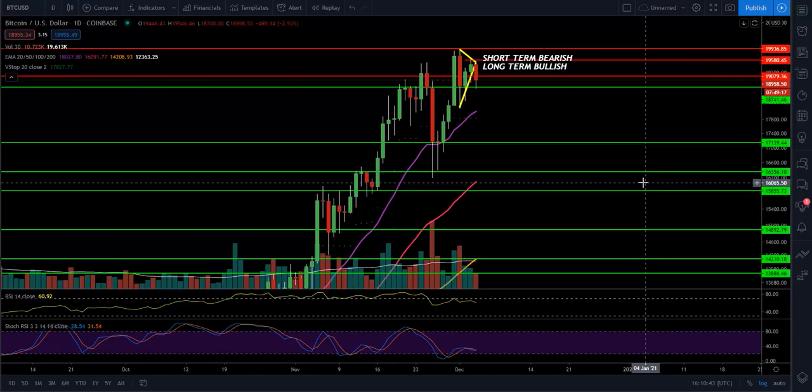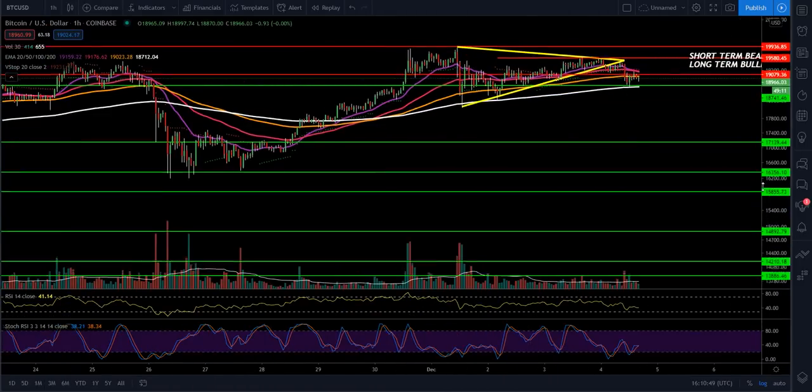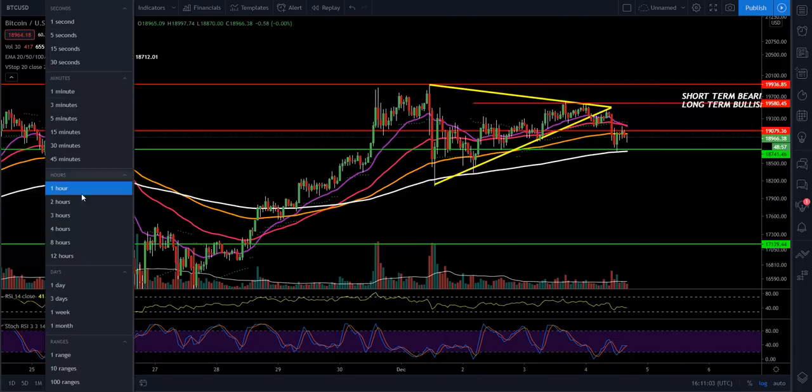So I would say short term, a little bit more bearish. We could be having this selling off pressure throughout the day today, if we take a look at this. So just be aware of that. If you're a longer term investor, not financial advice, you want to stay in your positions and continue to ride this. If you're a shorter term trader, you can see now that the trend, even as we work down through this,